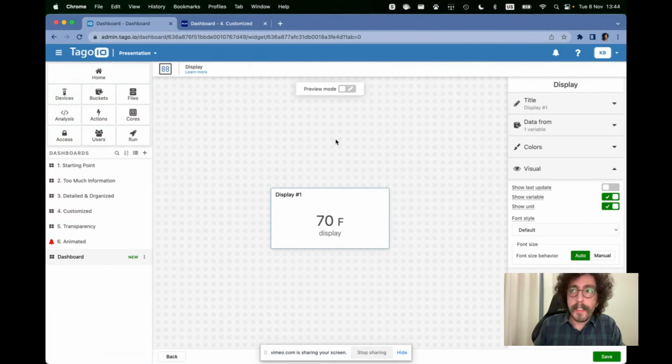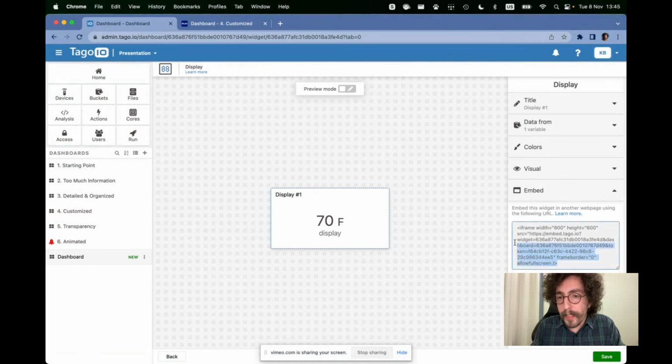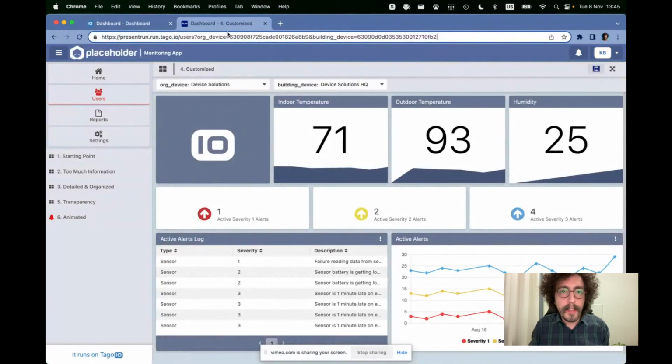So to embed widgets in your website, all you need to do is create a normal dashboard, and you will have the embed section here when you're editing the widgets. If you generate the URL, you're going to have a short code here. All you need to do is copy this code and add it to your page, and it will work. This basically uses the HTML elements to embed this page here. I can show you really quick that if I copy the link here and open it,